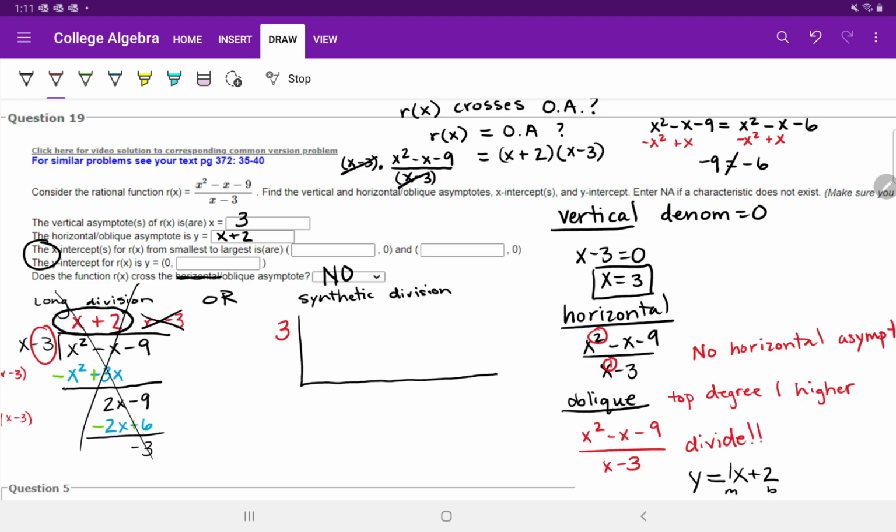and then we fill in the coefficients. So this coefficient would be 1, -1, and -9. So we'd put 1, -1, and -9 in our first row. Then we're going to do a little addition game where we add the 1 with the number below it, but there's nothing there, so we'll write a 1 here. Then we multiply our divisor, which is 3. We multiply 3 times the 1 we just wrote at the bottom, and that'll give us 3